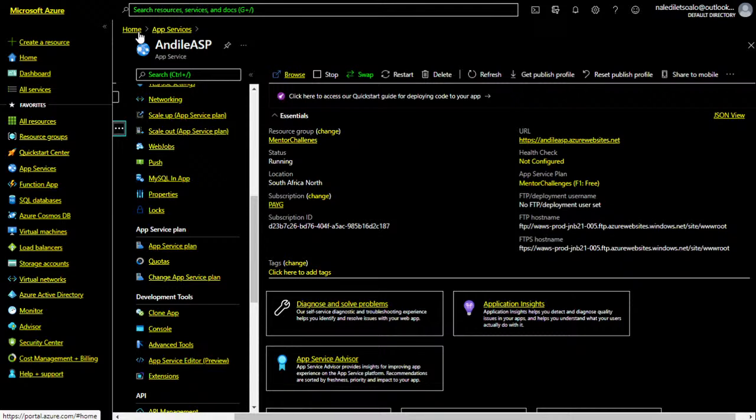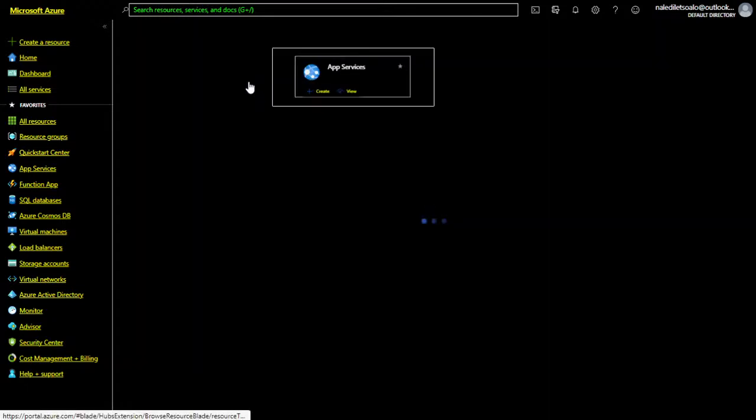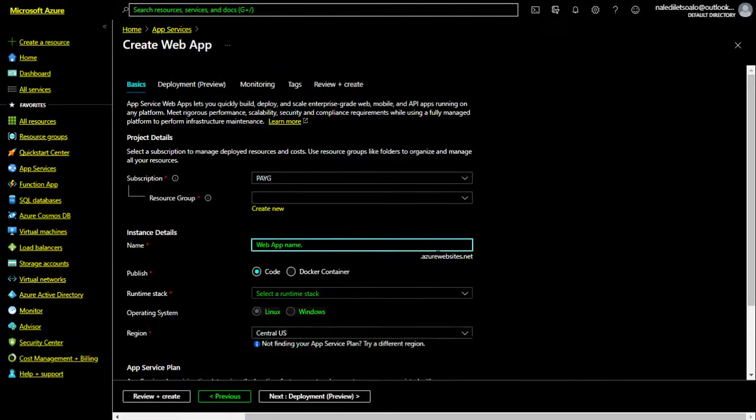So different stacks have different services that are available to them. You won't necessarily always get app service editor across all of them, right? So maybe let's do this. Let's go to app services and I'll show you. In fact, let's just go and create one which is going to be in Node, which is always so much fun.